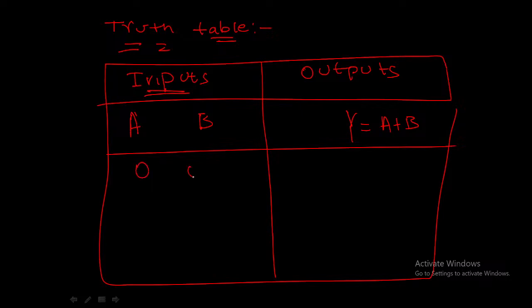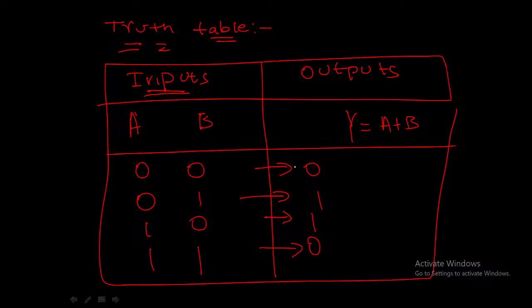It can be 0, 0; 0, 1; 1, 0; and 1, 1. This is how we write our truth table. The output Y is A plus B: 0 plus 0 is 0, 0 plus 1 is 1, 1 plus 0 is 1,